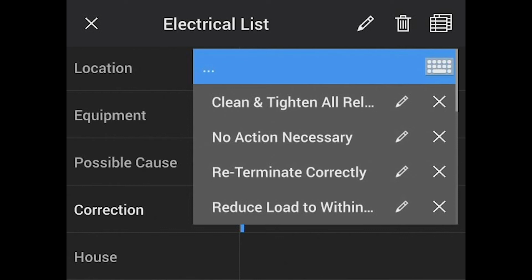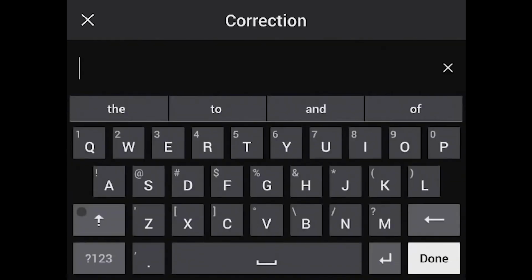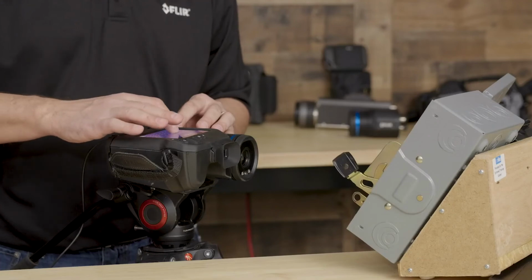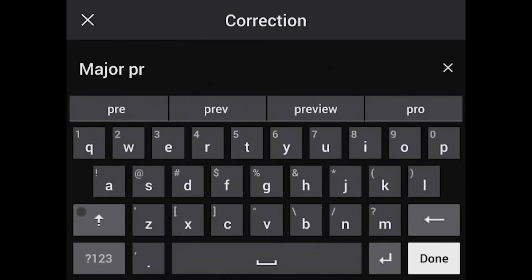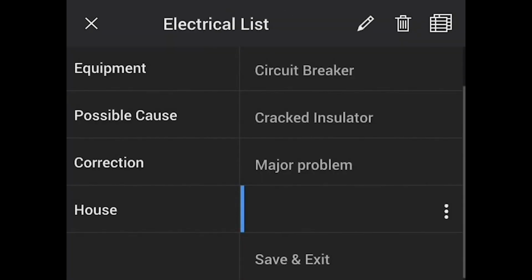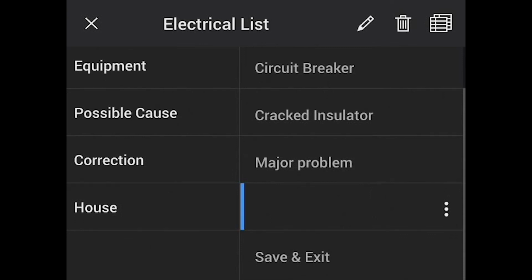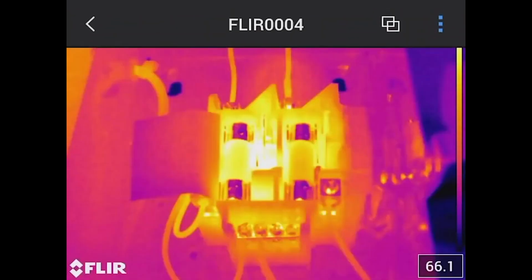But let's say you have something else that you want to add. You'll notice when I pull these boxes up, at the top there's a little keyboard. I can say, wait a minute, this isn't in my list. I can come in here and start typing, you know, major problem, space. And now when I go back, obviously if it was major, we want to have someone come in here right away. But now when I hit done, I've got a brand new piece of information that I've stored in my text comments. And of course, when I'm done, I'm going to hit save. Once again, all of that information is now saved with the image.